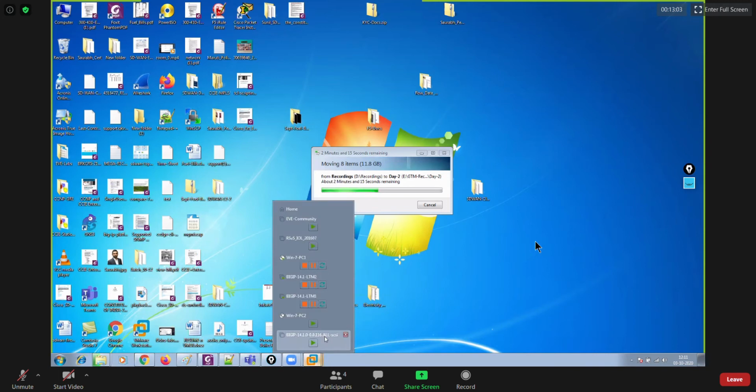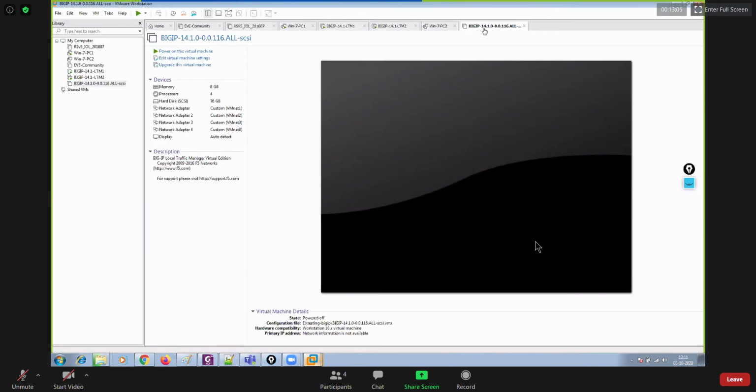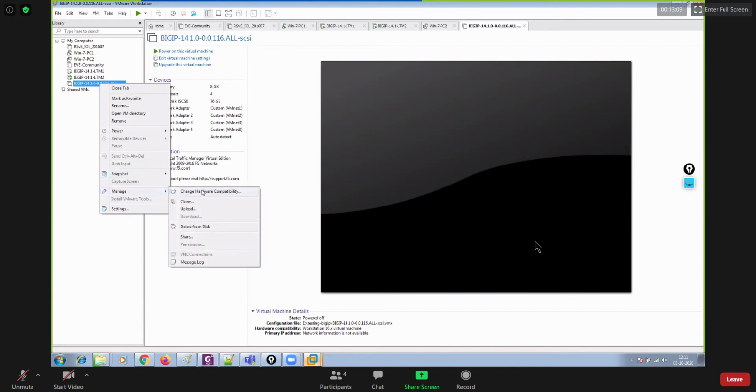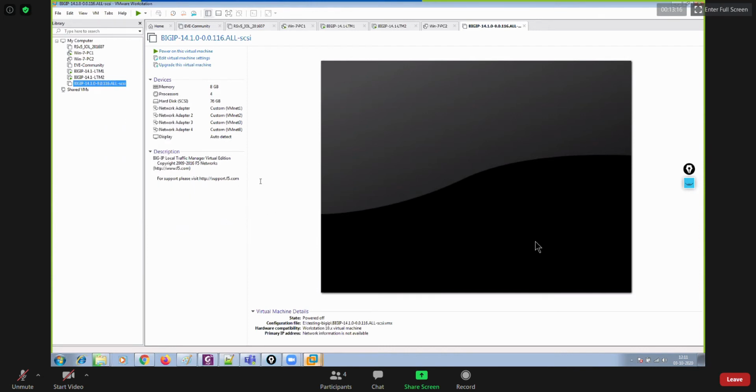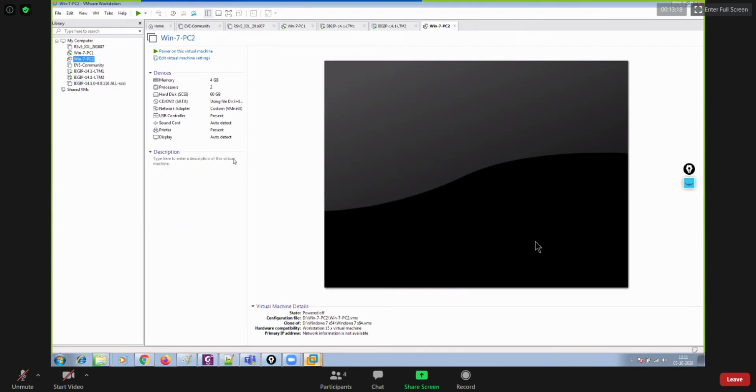Also, because this machine is not needed anymore, I'll go ahead and remove it from disk. So it's not needed, so delete from disk. Yes, here we go, and then it's removed.